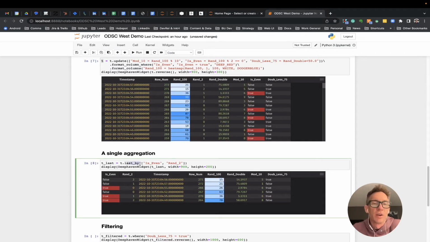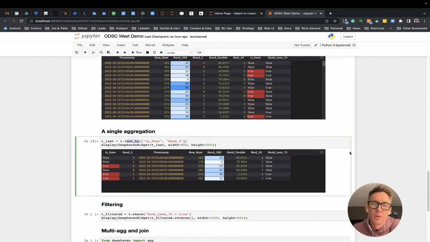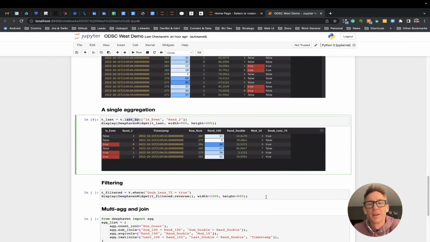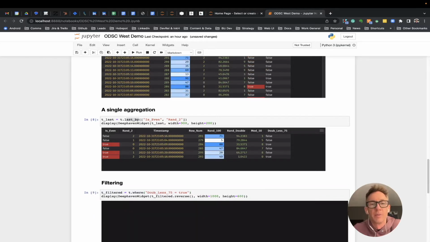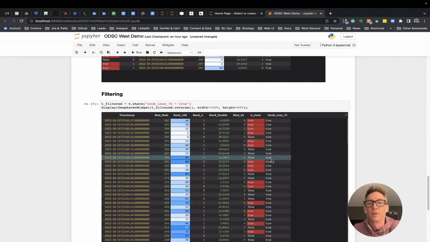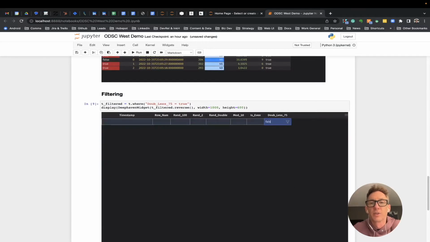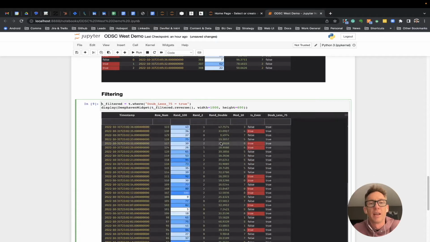And aggregations are very straightforward. The syntax for a lot of these things should feel like pandas meet SQL, written in fairly straightforward fashion. Let's hop through a few of those quickly to save time, right? Instead of just doing an aggregation, I want to take the original table, and now I'm just going to filter it for some condition. In this case, I've just said, where this is true. You'll see that if I filter on this and I look for false, sure enough, nothing shows up because I've imposed this filter. And again, all of these